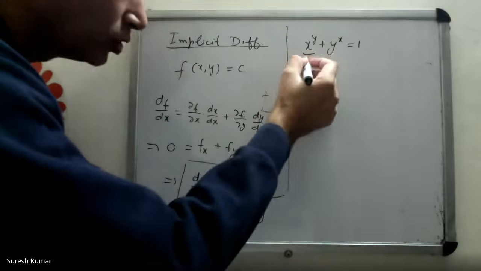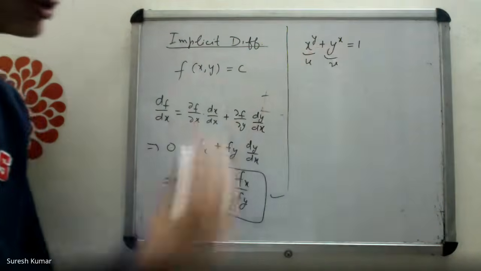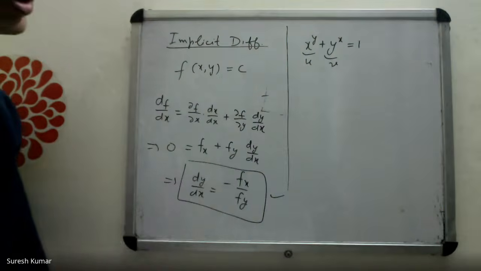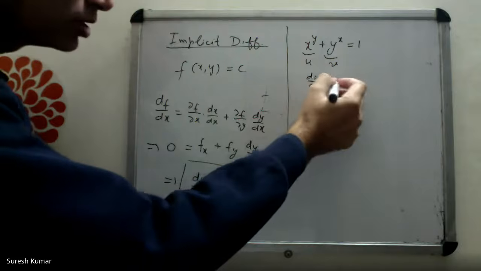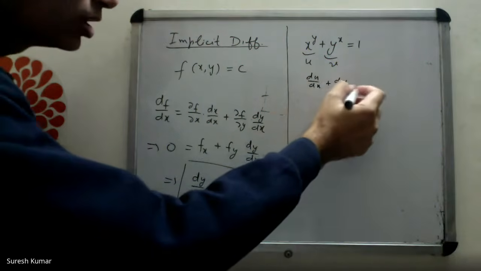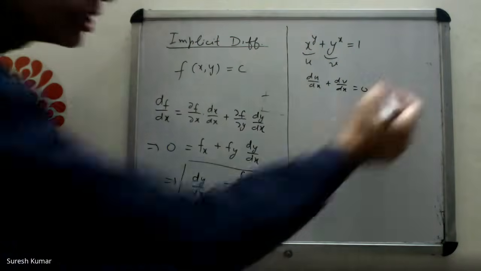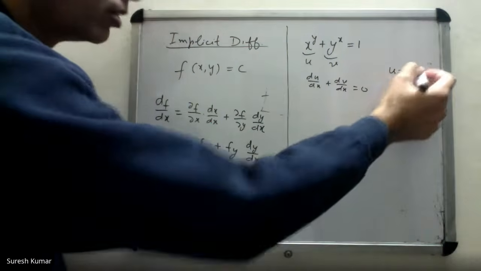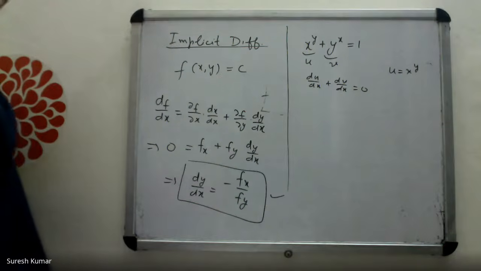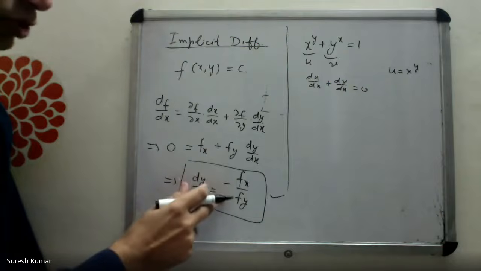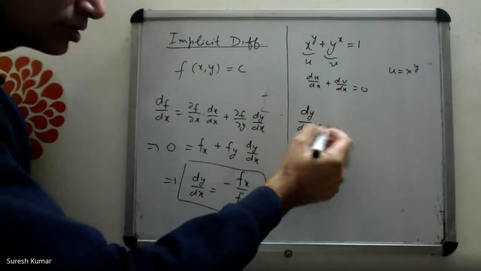You assumed it u, and this as v, then you took logarithm on both sides. Means you differentiated this first, du by dx plus dv by dx equal to 0. After that, you find du by dx separately from this, u equal to x power y, taking logarithm and all that, okay? You know that process. It's a very lengthy solution. But using this approach, you can directly write its answer.